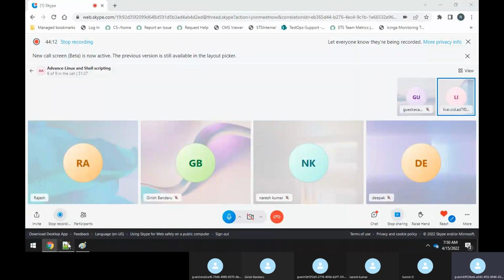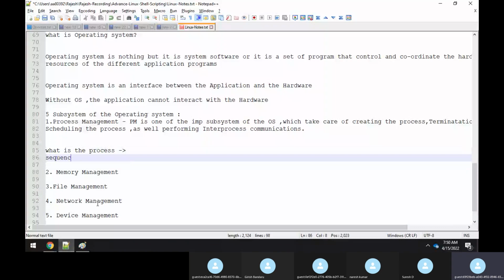Correct. That is what is called a process, right? That's correct.